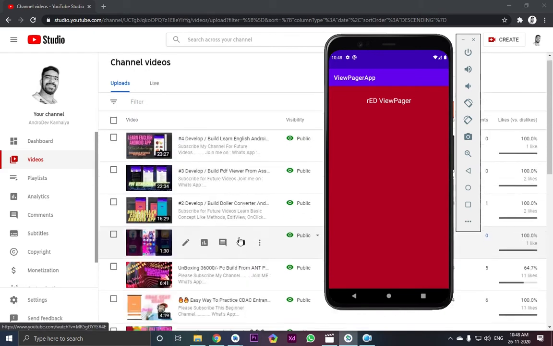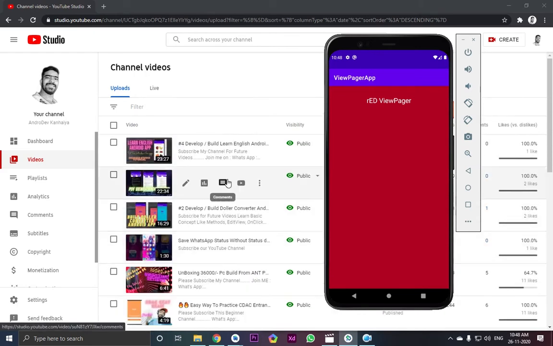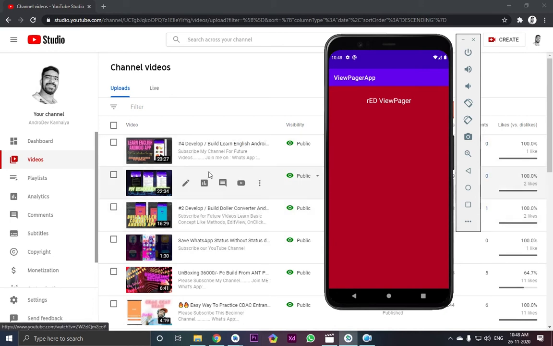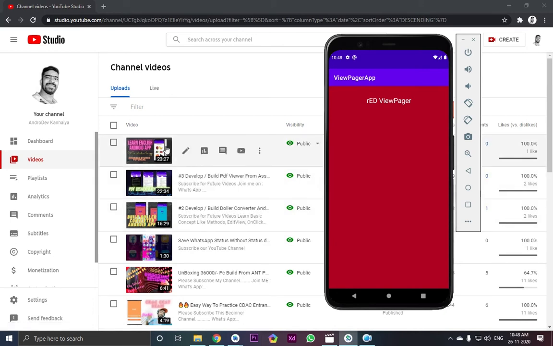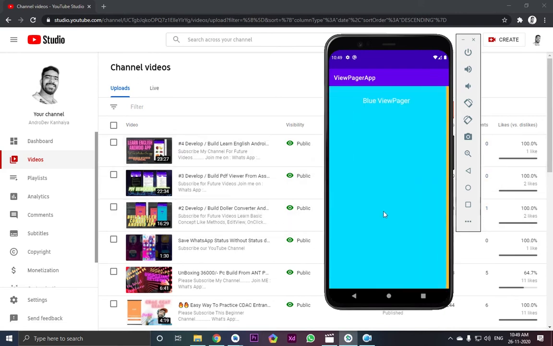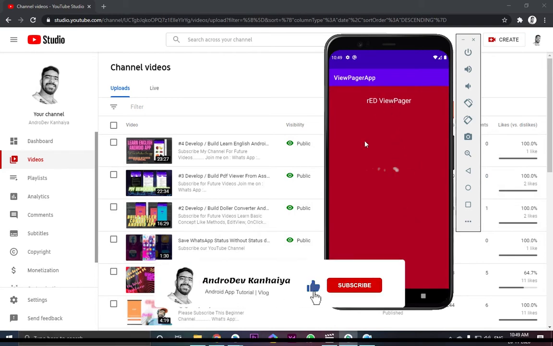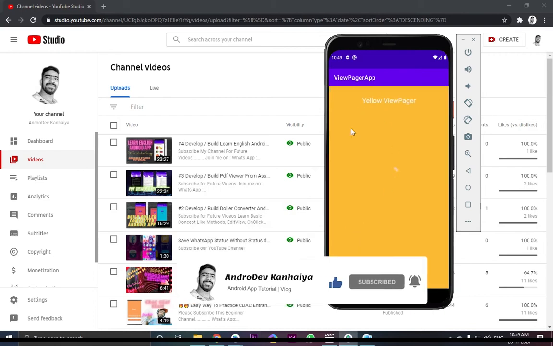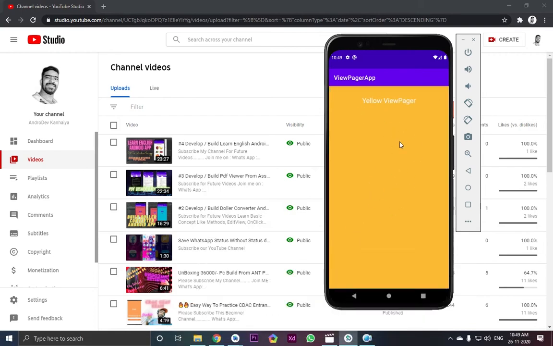In my last video I told you how you can develop a build run English application, learn English. So I made this application like one page. If you repeat this process on three of these pages and change the content, like in this page you can use fruits, in the next page you can use some items or numbers, you can paste here some other things.